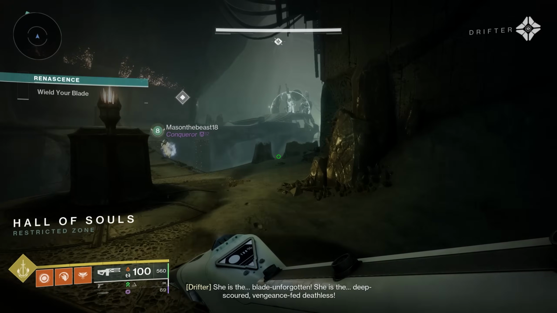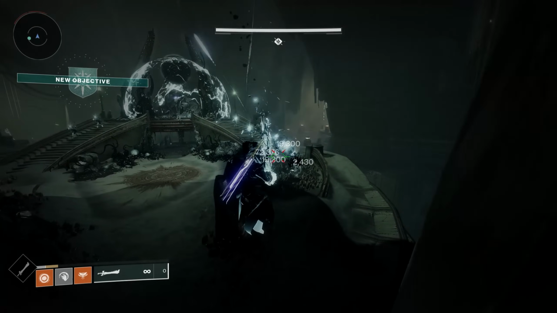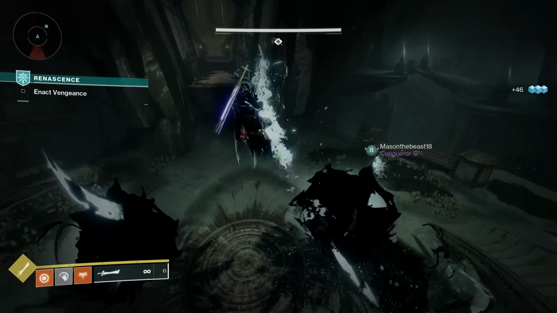The marker will bring you to the central area in the Hall of Souls, and will task you with using the Willbreaker sword once more. The objective here is to enact vengeance. So essentially, just lay out for a bit with the sword, and then 2 big Rift Keeper Knights will spawn